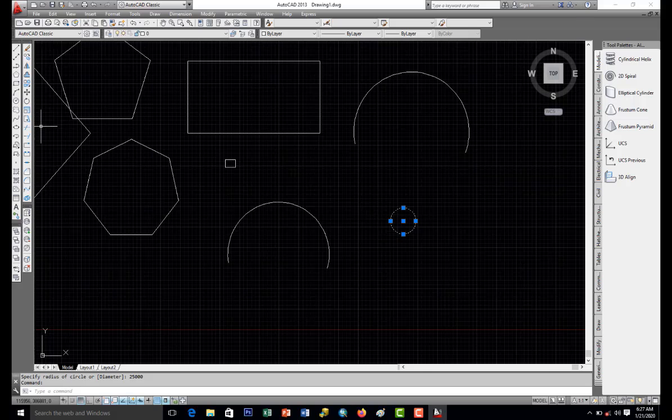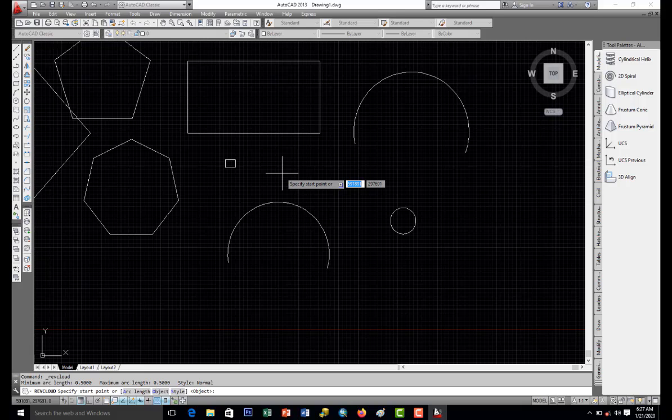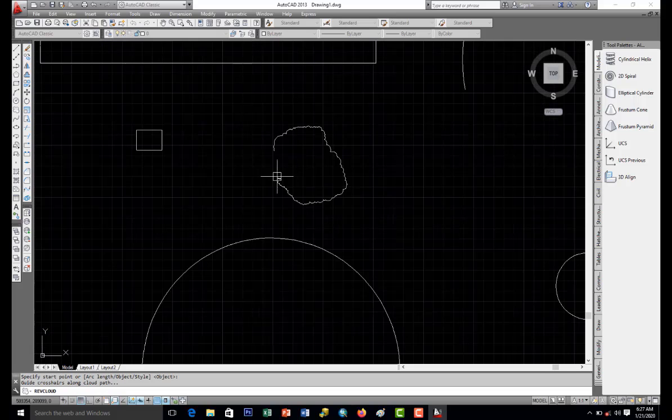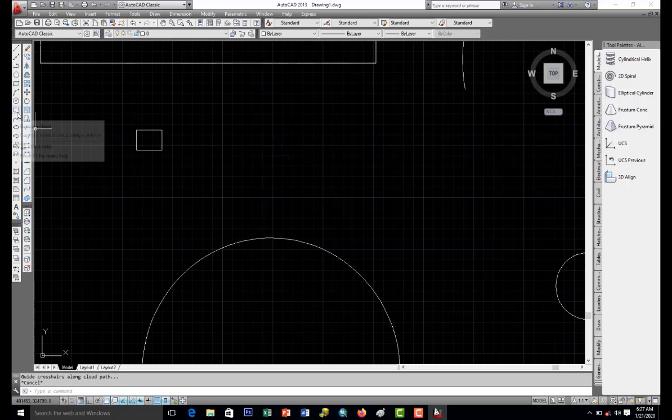Then going to the revision cloud. The revision cloud, maybe if you're an architect, you're trying to create a serene environment for your design in 2D, you can use this. Or if you wish to create a rock or any other thing you want to do, you can use it. What you just have to do, using this revision cloud, is